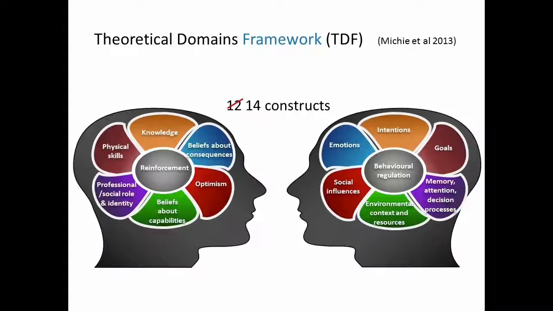The last framework I'm going to talk to you about is the Theoretical Domains Framework. And this again is by Michie and colleagues. And this is a framework that was developed from a synthesis of psychological theories. And it was developed by consensus with 18 researchers from health psychology and 12 implementation researchers across the world. So it took 33 theories basically and 128 key theoretical constructs and then synthesized them down to 14 domains. And later it was revised to 12 domains, but later revised to 14 domains.